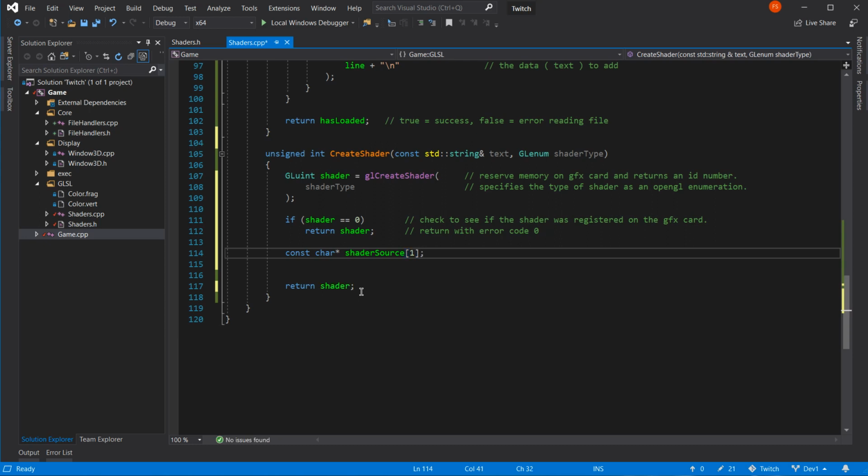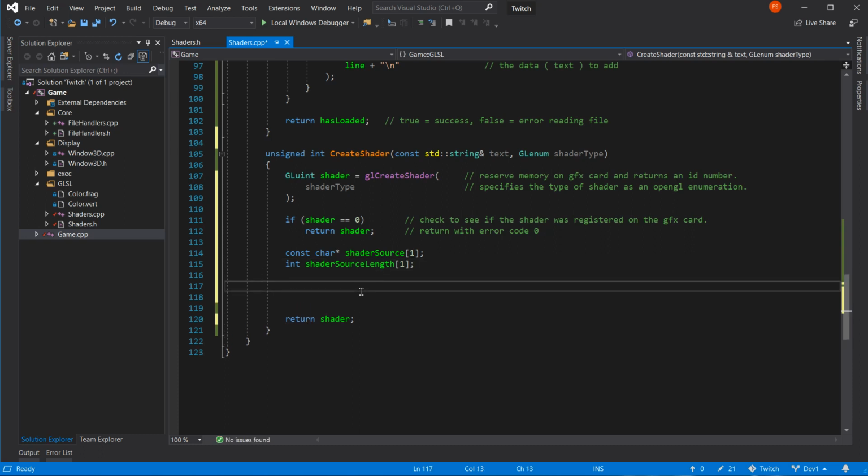I need to know its length, so it's shader source length. If we're not careful, we're going to lose a load of data. That's what I'm trying to say.